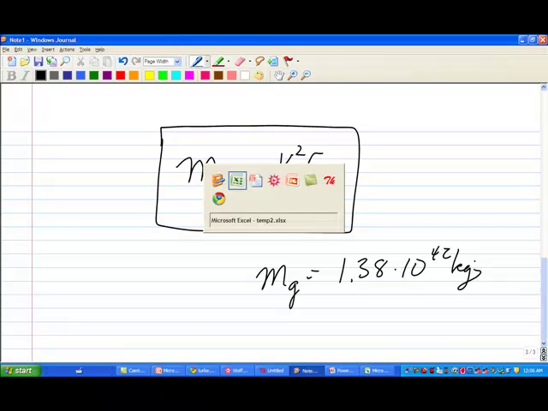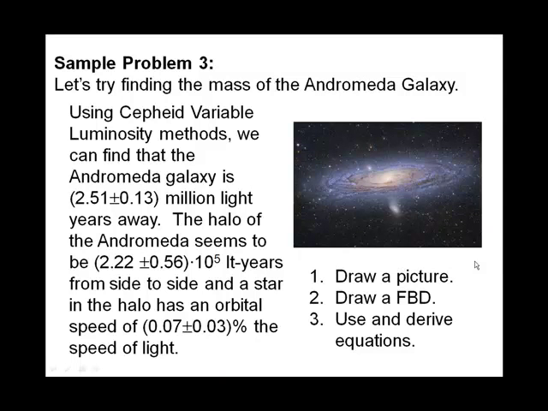What is interesting, when we look back at this picture, people who have gone through and counted all the visible suns as well as much of the invisible matter